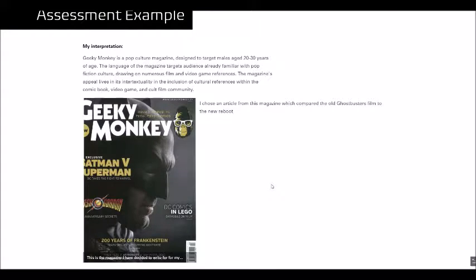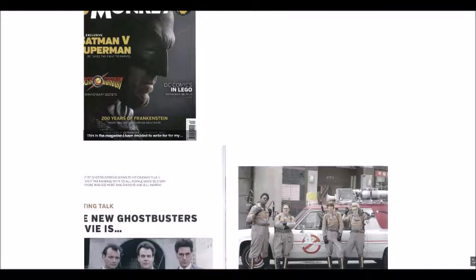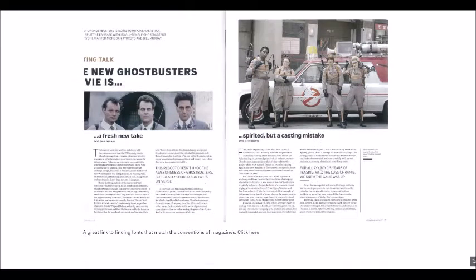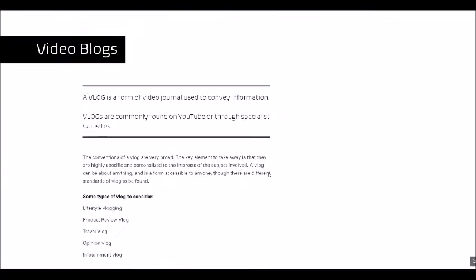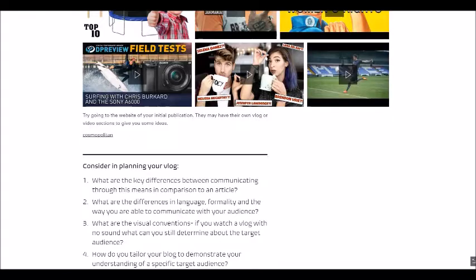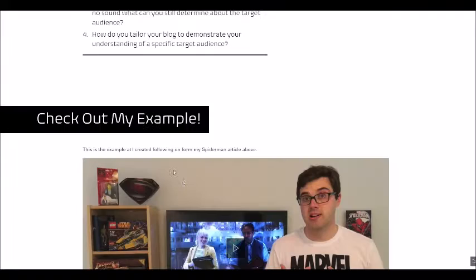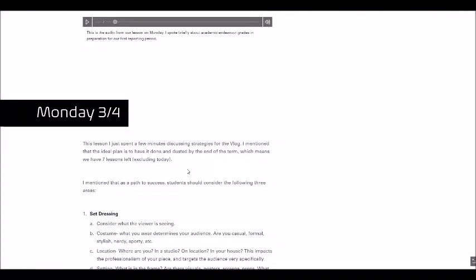So you can see in terms of how I'm using this tool, I'm not just setting it up as a one-off presentation, I'm making it kind of a summary of the entire unit for that student. So they only have to go to this place and they can find everything. Okay, lots of examples, lots of images, lots of videos, all kinds of things in order to actually enhance and support their learning. So generally they found this really beneficial, because it means that they never miss anything and everything's